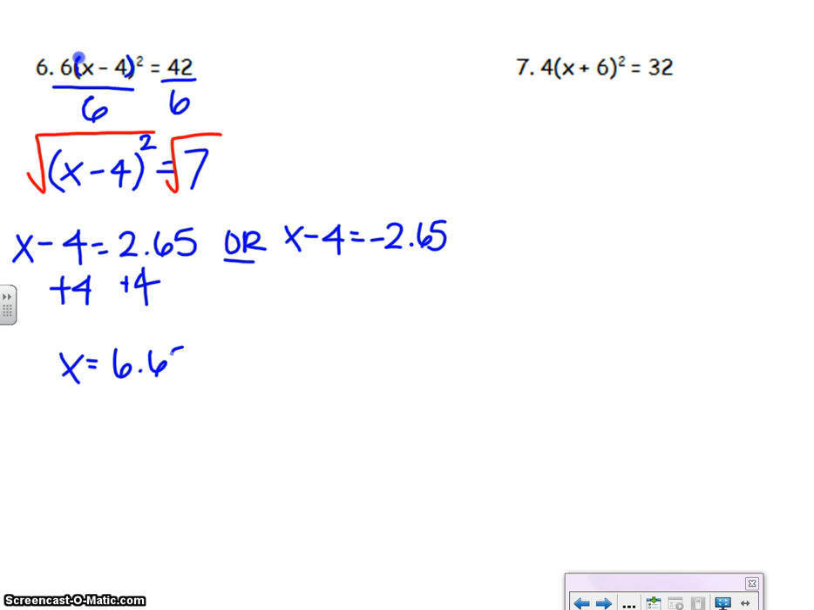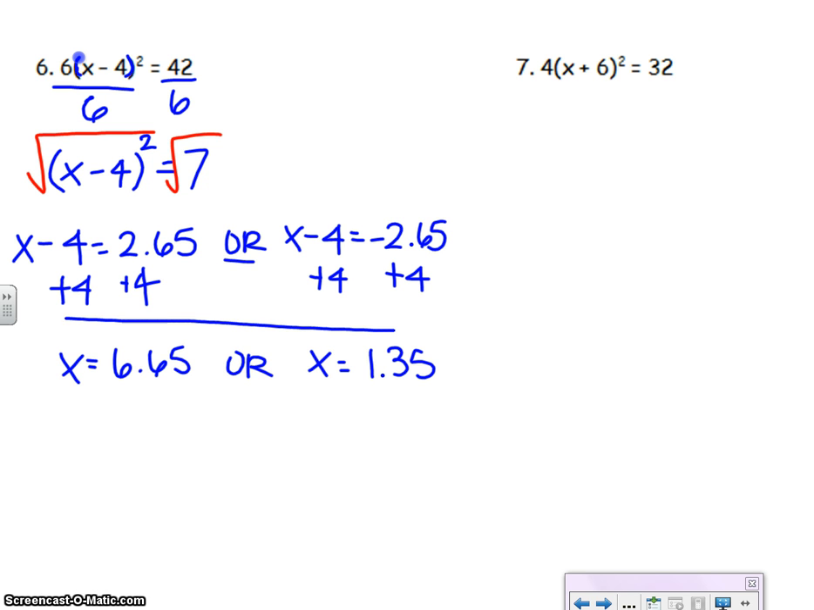We'll have x is equal to positive 6.65, or when we add 4 to negative 2.65, we'll have x is equal to 1.35. So these solutions are different because we don't just have a positive and negative, we have 2 separate answers, okay? Number last, let's go ahead and we see x plus 6, the quantity, is the thing that's